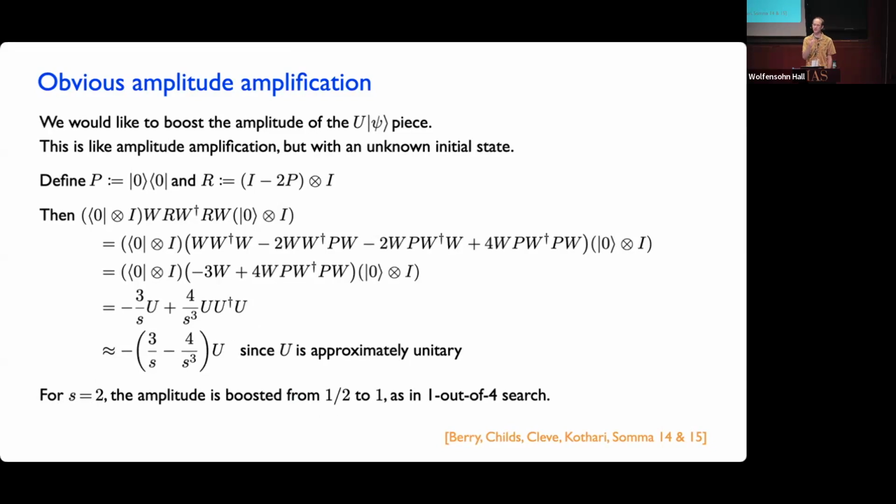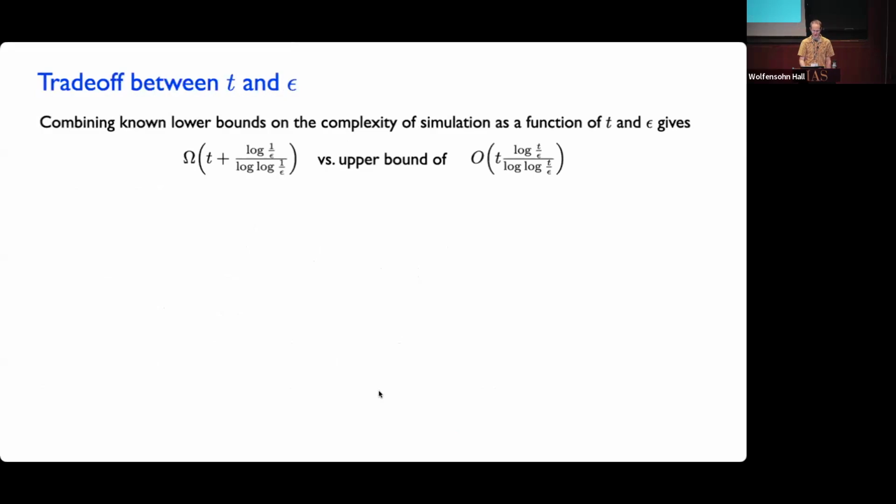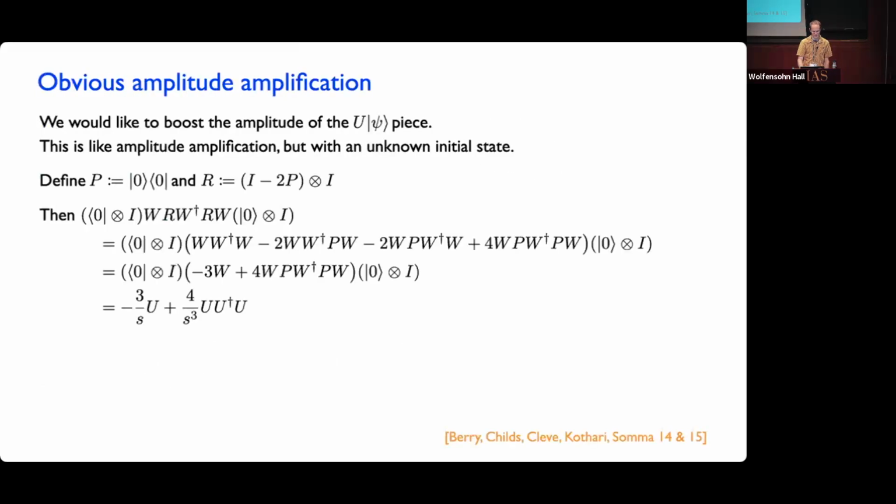If you're familiar with how the Grover algorithm works or how amplitude amplification works, this is exactly like the case where one step of amplitude amplification will take you from a success probability of 1/4, or an amplitude of 1/2, to perfect success, right? So we can amplify things all the way up to definitely succeeding. So this is a procedure that we can use to take this imperfect implementation, make it perfect, and then implement the simulation.